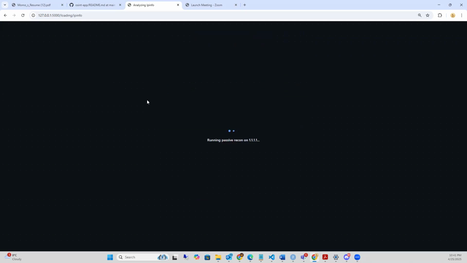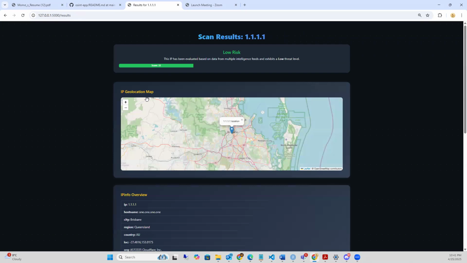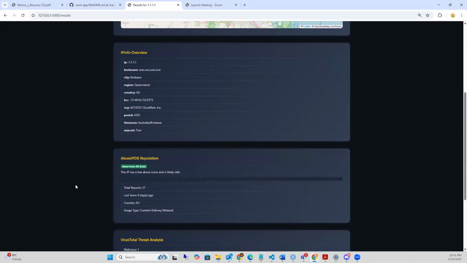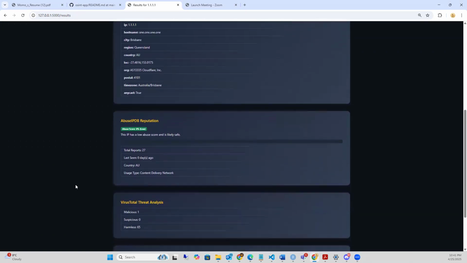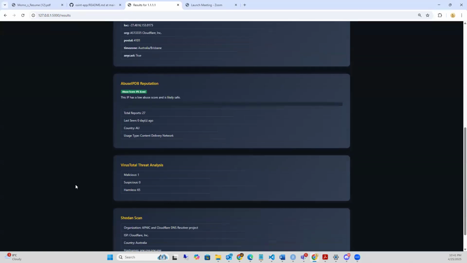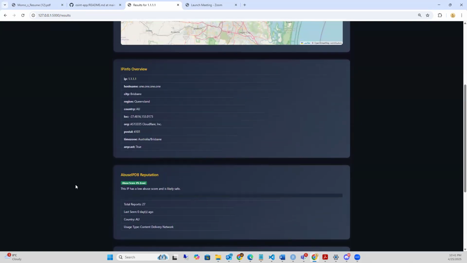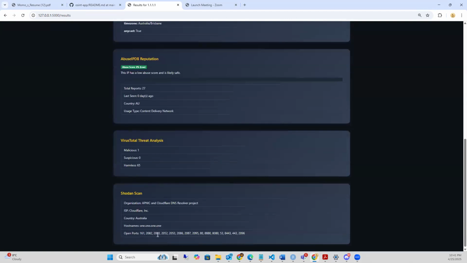It is going to pull the geolocation and organization ownership details from IPinfo, abuse history and confidence scores, as well as threat classifications from the AbuseIPDB API, and then threat intelligence and file scanning records from VirusTotal, as well as open ports and service banners, ISP information, and host names with Shodan.